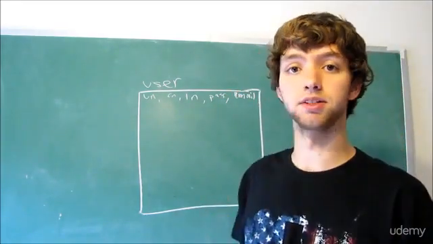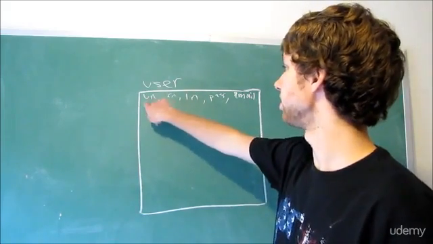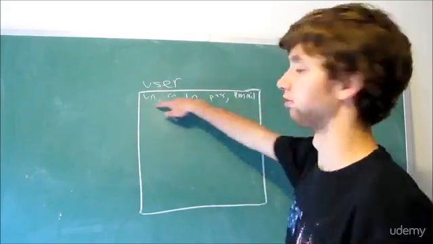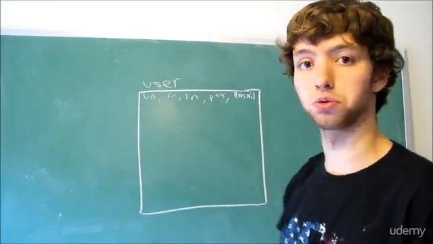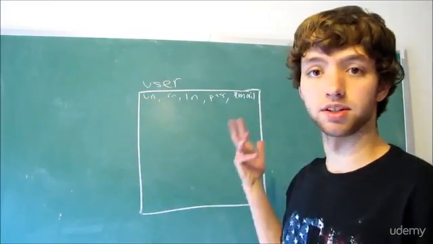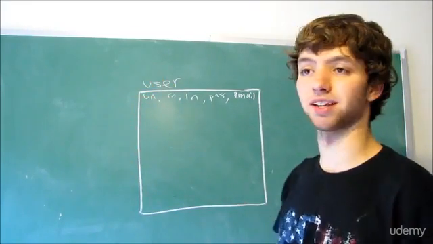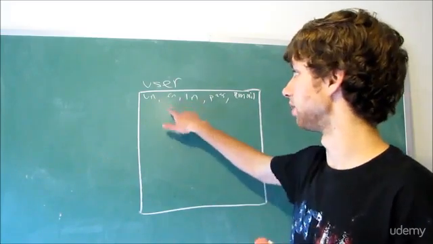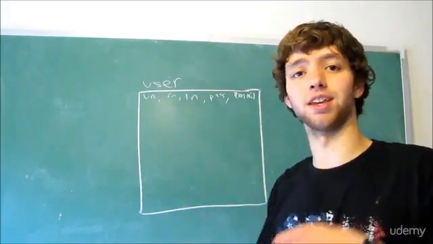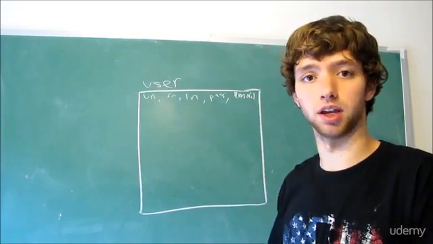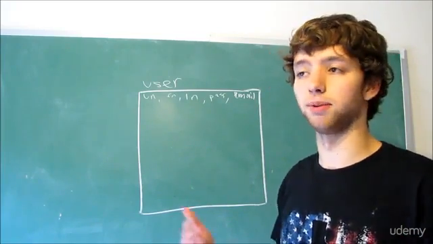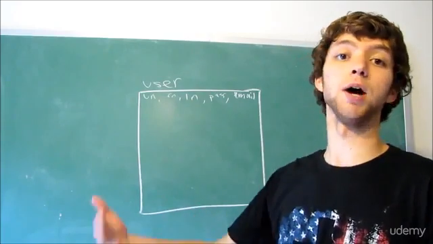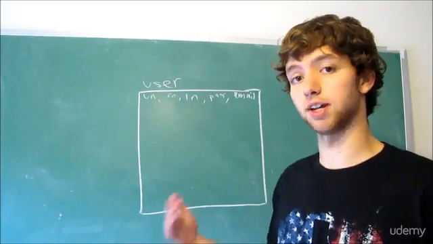Well, a key is something that is going to separate this row from the rest of the rows. So in this example, think of the things that could be duplicated. Think of all the possible values that you could put within one of these columns and think, is it possible to duplicate it in your application? I mean, yeah, it's possible to duplicate it if you allow it to be duplicated, but what naturally should not